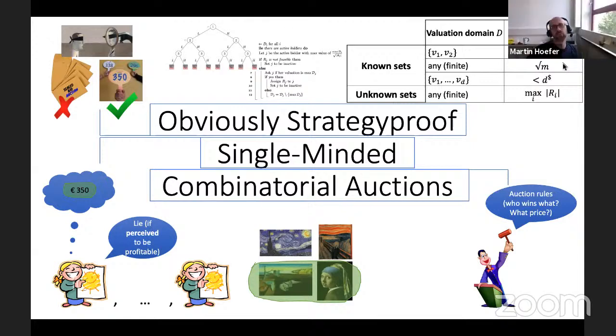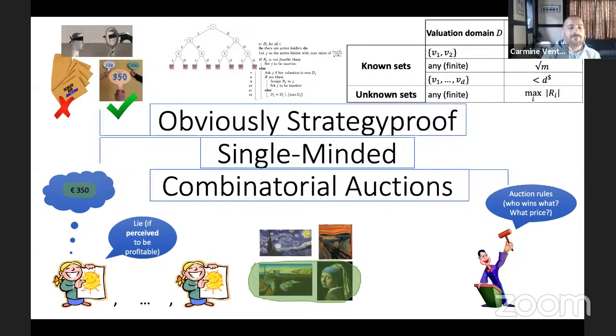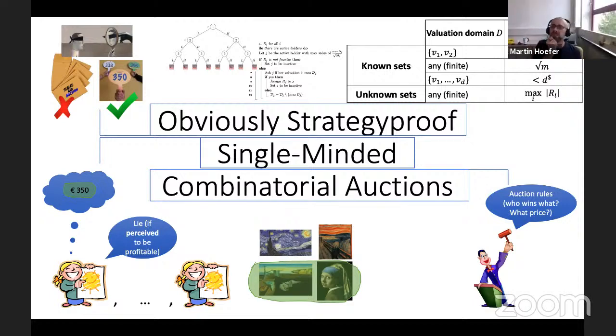So do you think the two is for two valuations, right? You have this low and high, and then you make, if I remember correctly, these independent set computations. So this is not polynomial time, for example. So do you think there is a way to make this polynomial time and keep the two?